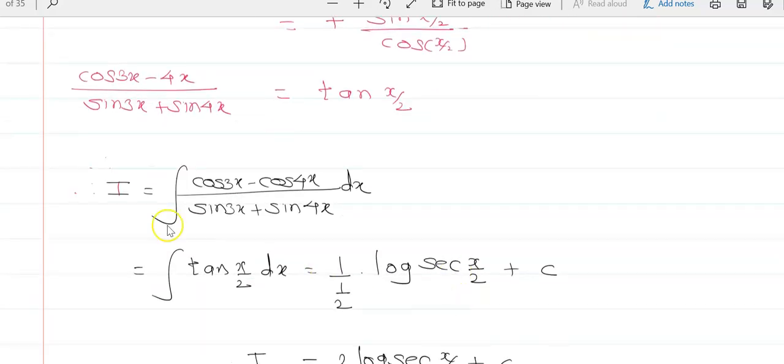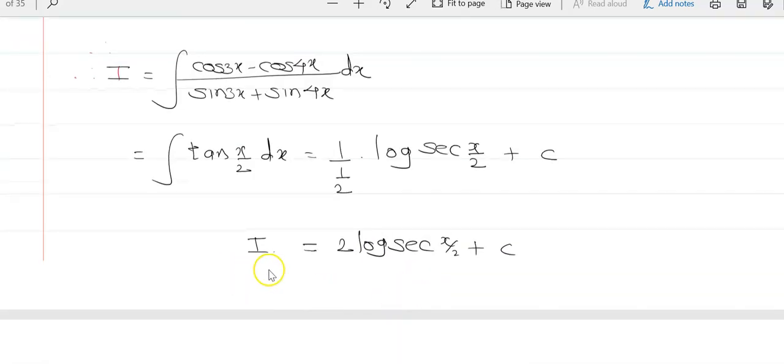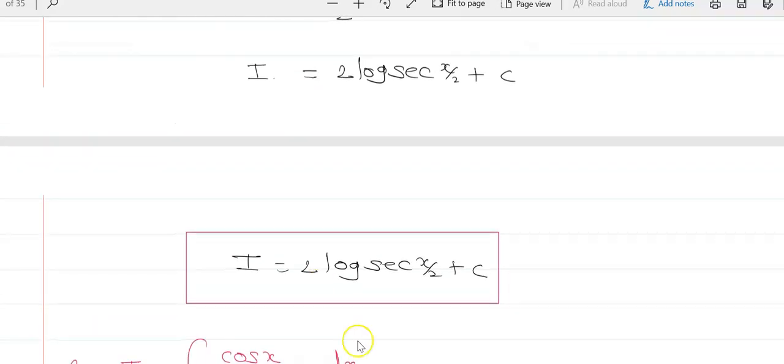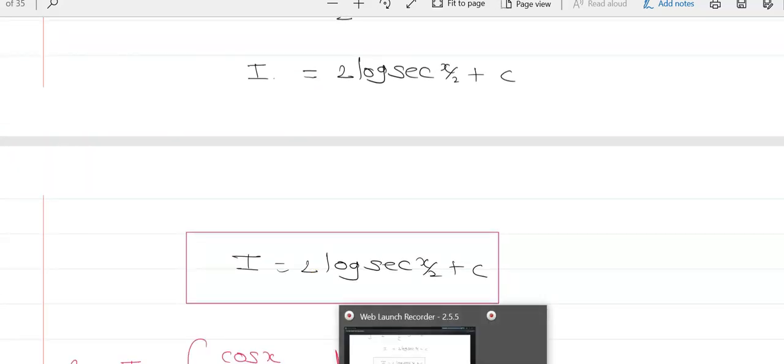Now we'll integrate this. I is equal to the integral of (cos 3x minus cos 4x) upon (sin 3x plus sin 4x) dx, and the value of this is tan of x by 2, and its integral is log of sec of x upon 2 into 1 upon the derivative of x upon 2, which is 1 upon 2, plus c. The whole answer is I equal to 2 log of sec of x upon 2 plus c. This is the answer. Now the next problem is